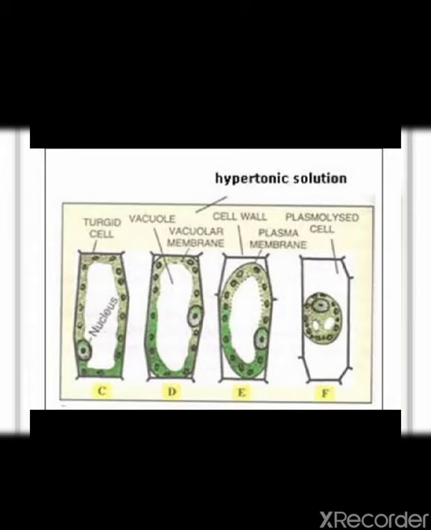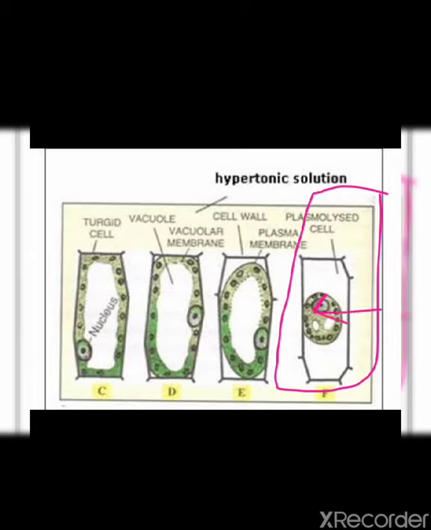And the cell in this state is said to be flaccid. The condition is called flaccidity. Flaccidity is the reverse of turgidity. Clear class? If we keep this plasmolysed cell or flaccid cell again in water before it is dead, then what will happen? Its protoplasm will swell up again. Why? Because water will come inside the cell, because we are keeping this cell in water.